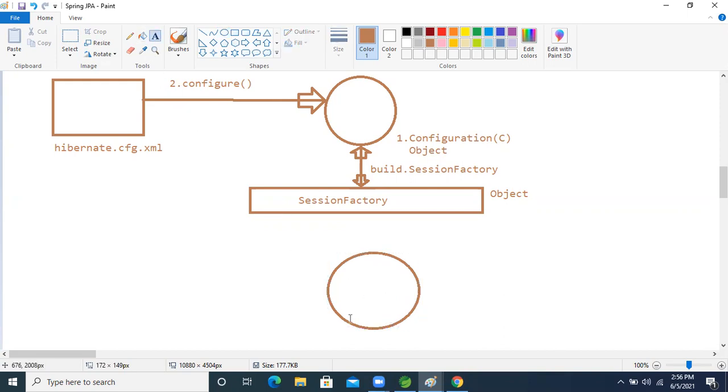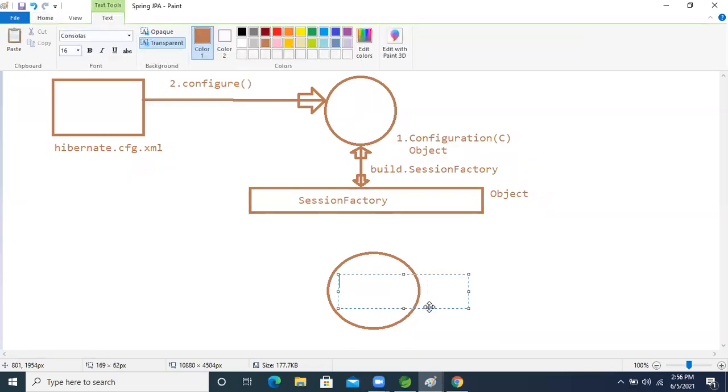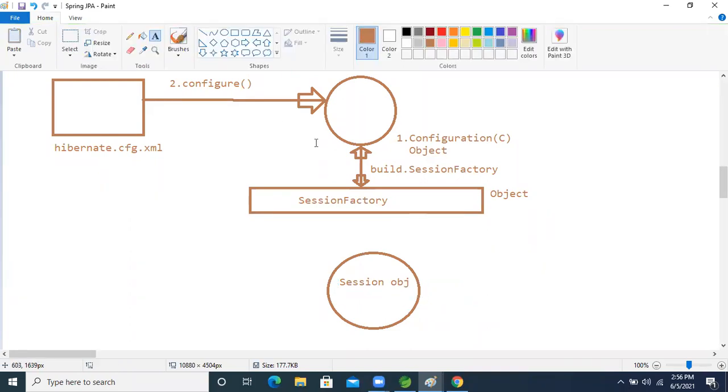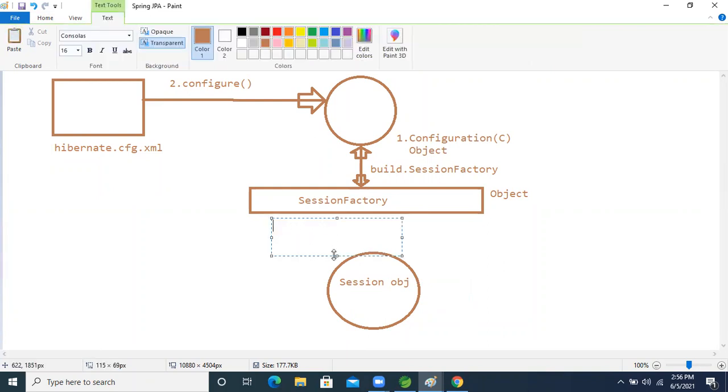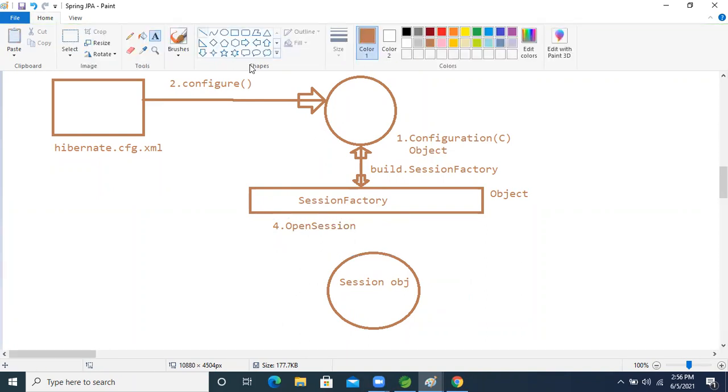Using the session object, we open the session, and in this session you have to perform whatever operations there are: save, delete, and update.